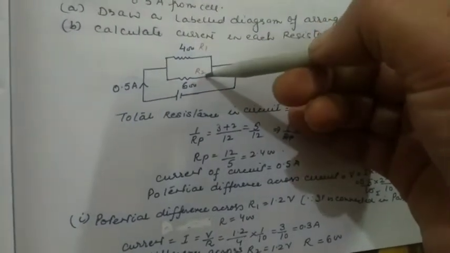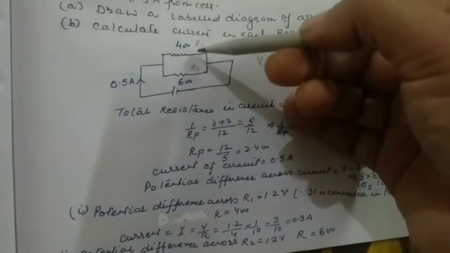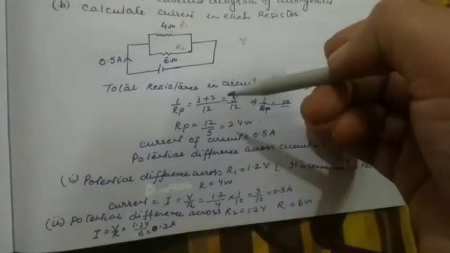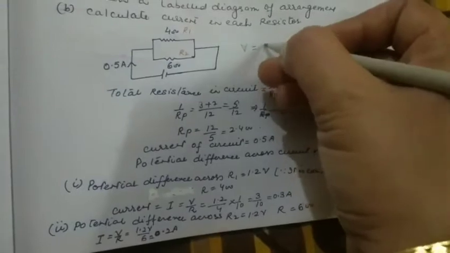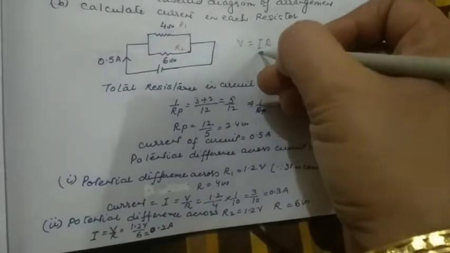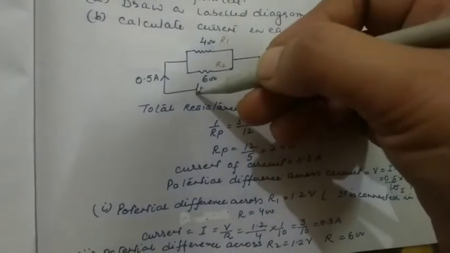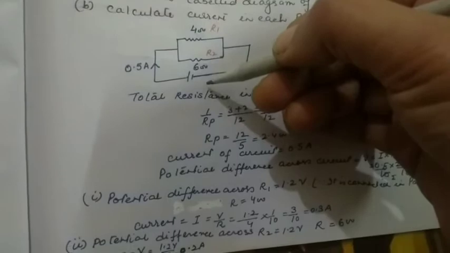So here voltage is the same. Firstly we have to find out the voltage across both, because that is the same. For voltage, what is the formula? Voltage is equal to IR, the current of the circuit times the resistance of the circuit. Only then we will find out the EMF of the cell or terminal voltage, because here the internal resistance is also not given, so both are the same thing.